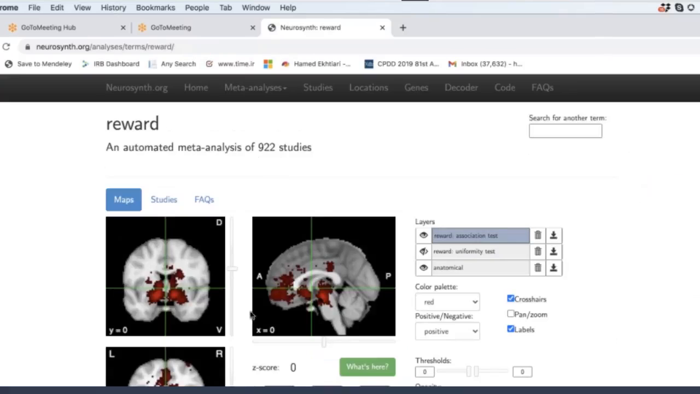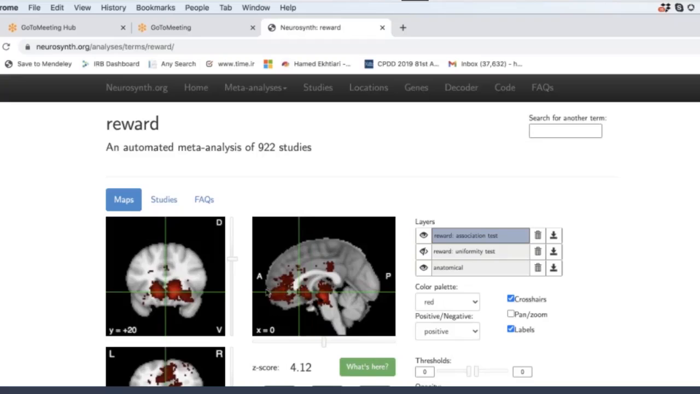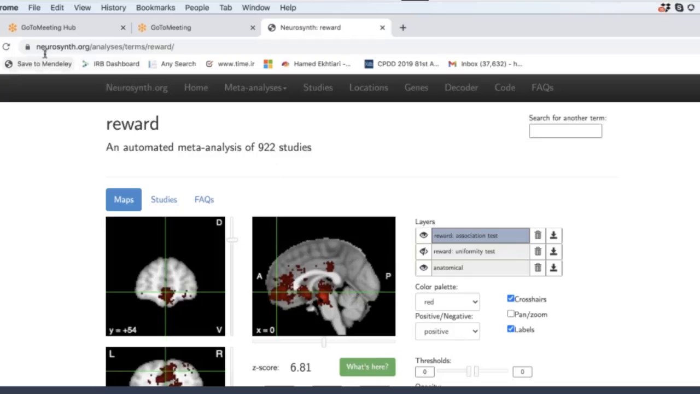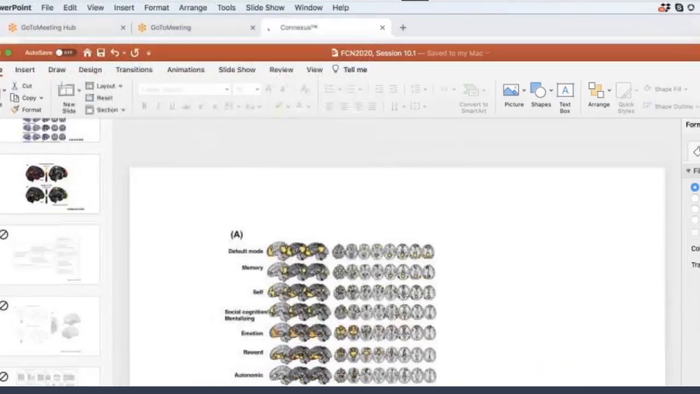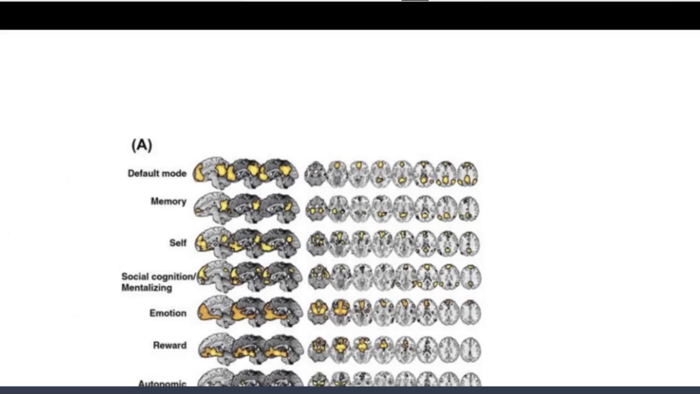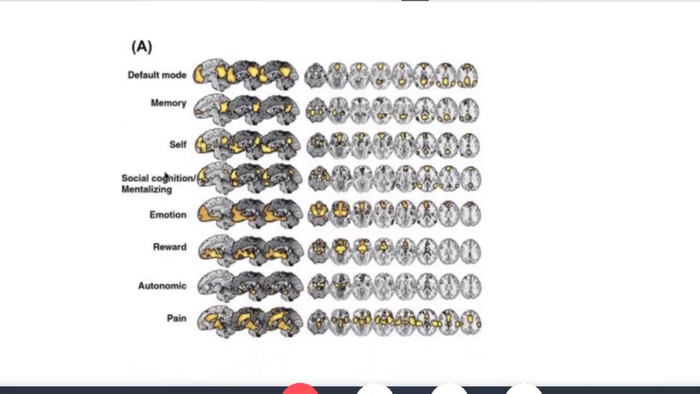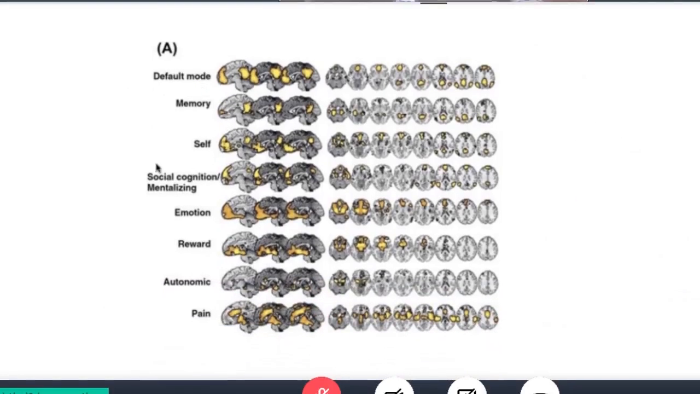So they give you a map of what the areas involved are if we do reward processing, from a meta-analysis on the 922 studies that they have on reward processing. So they use this Neurosynth with a couple of key terms, as you can see here. So this is not the data that they have collected. They just collected this data from Neurosynth, and then